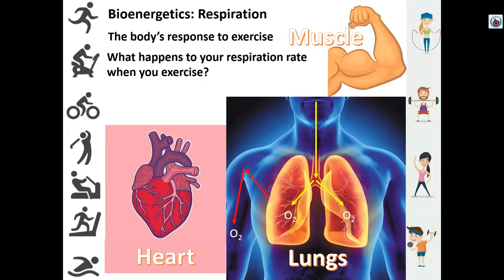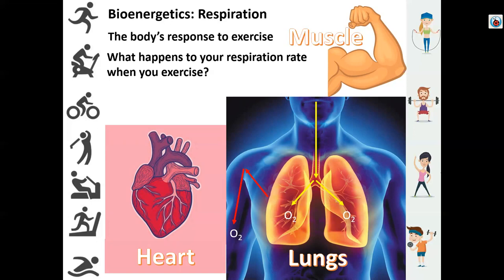And it increases because the muscles require more energy to contract, and to get more energy, the muscles have to respire more often. And if they're respiring aerobically, they need more oxygen. So breathing rate increases, volume of breath increases, and also heart rate increases to get that oxygen to the muscles